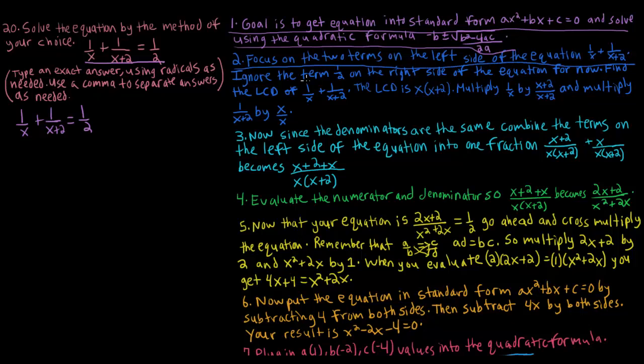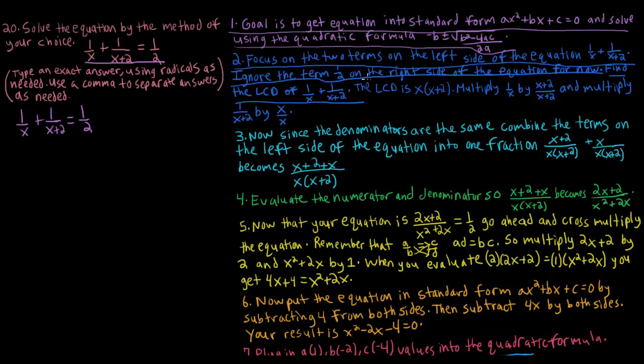We want to ignore the term 1/2 on the right side for now. Find the LCD of 1 over x plus 1 over x plus 2. The LCD is x times x plus 2. Multiply 1 over x by x plus 2 over x plus 2, and multiply 1 over x plus 2 by